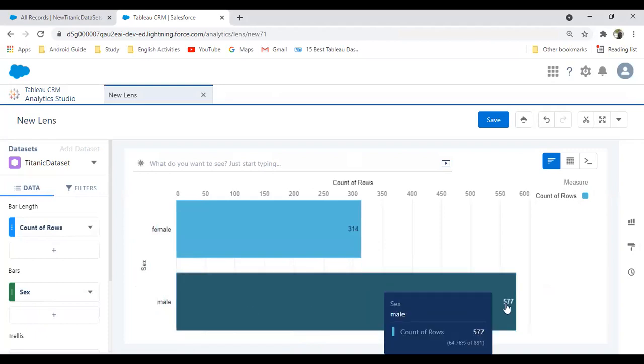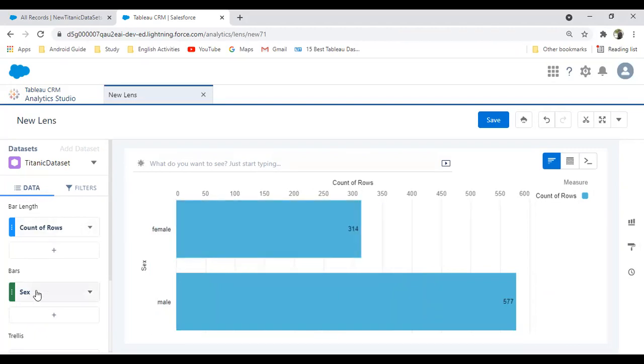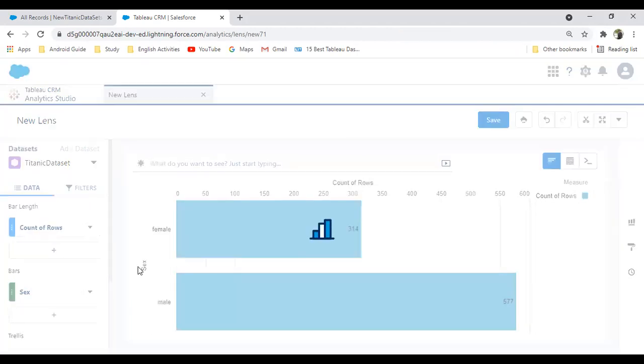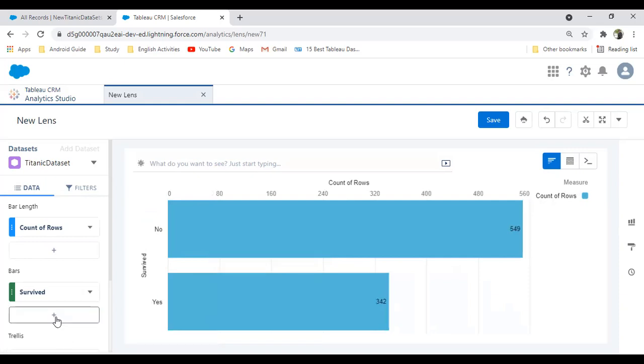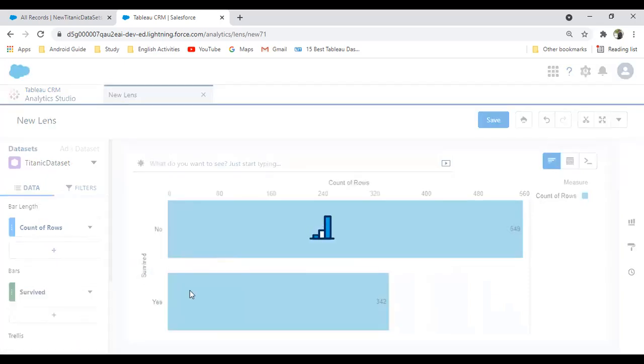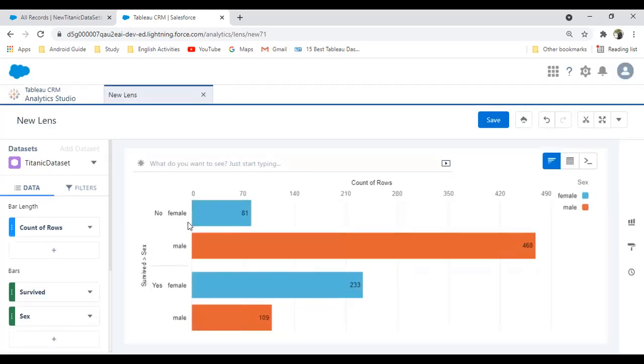The total number of records for male passengers is 577 and 314 for female. If I say survive, yes and no, and explore this further based on sex, you can see the chances of survival for female passengers are higher compared to males.